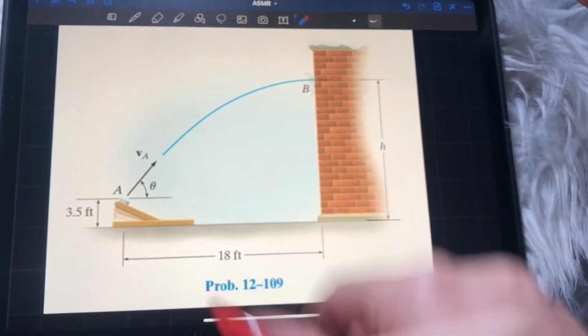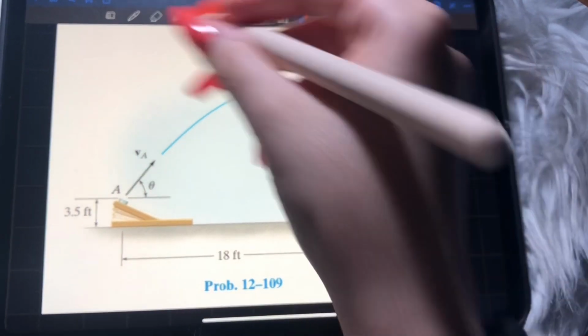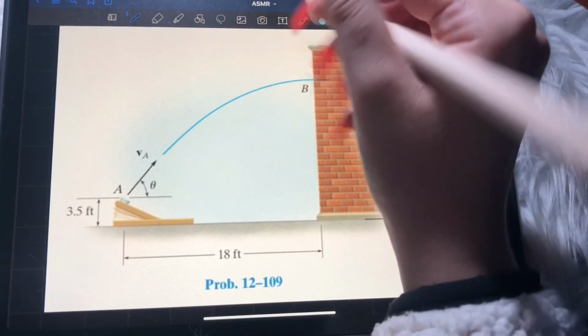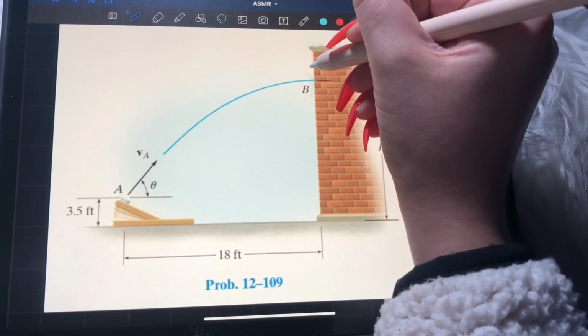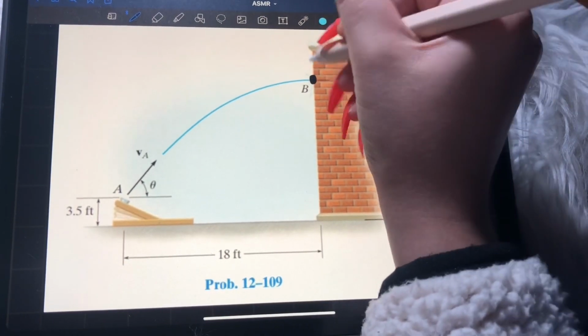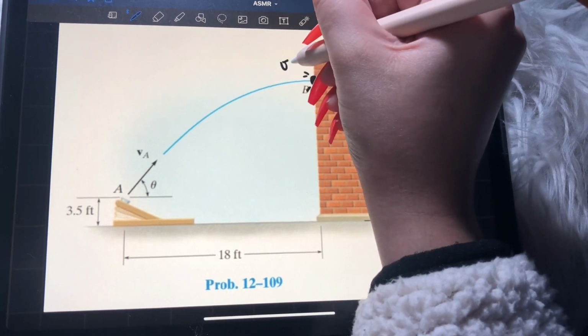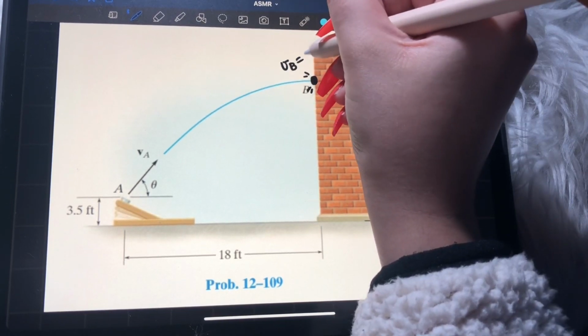So as you can imagine, once it hits the wall right here, the velocity at B equals 0 because